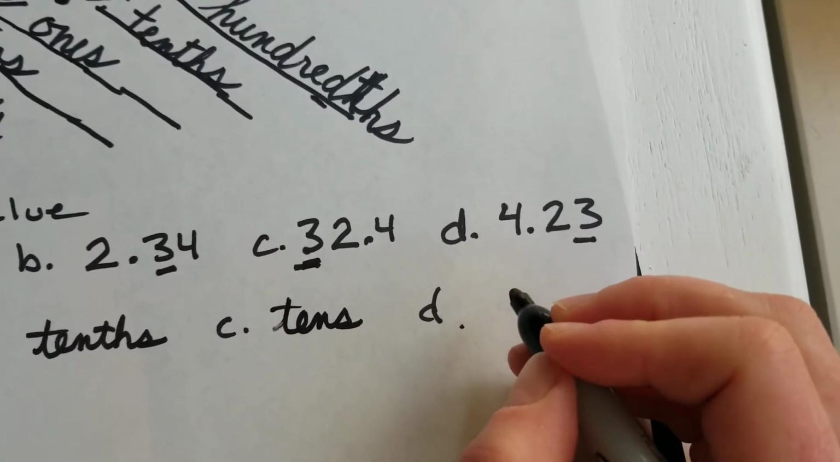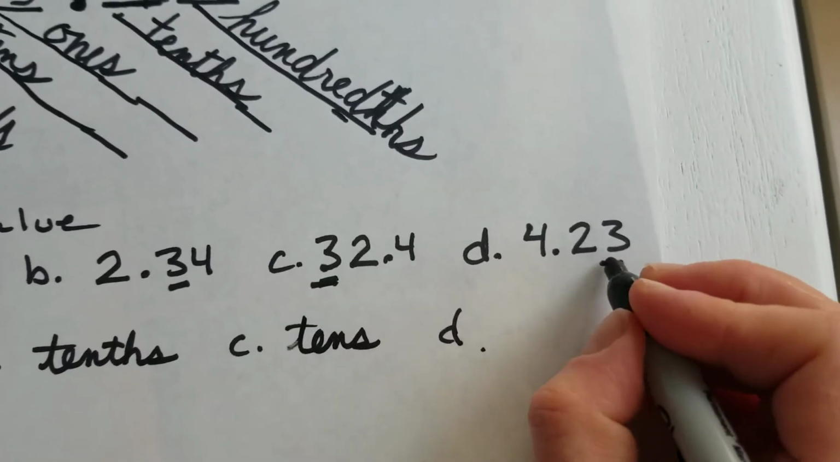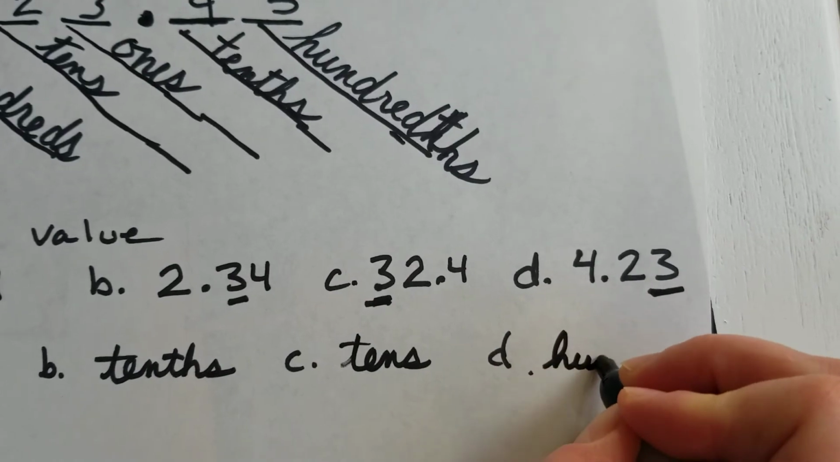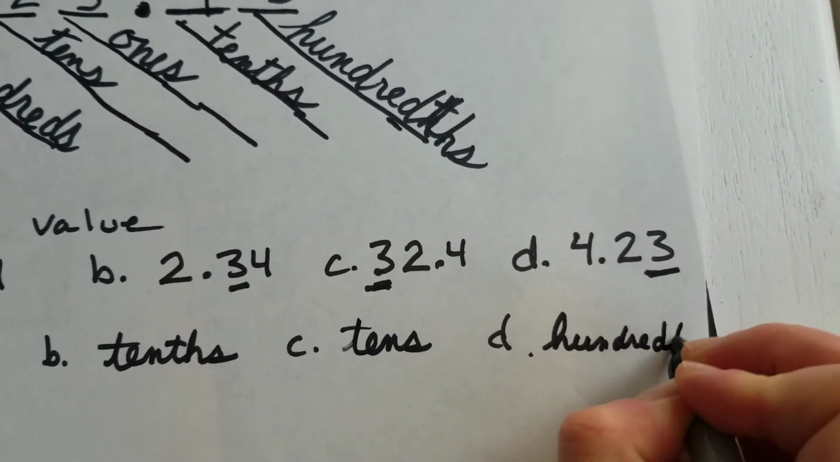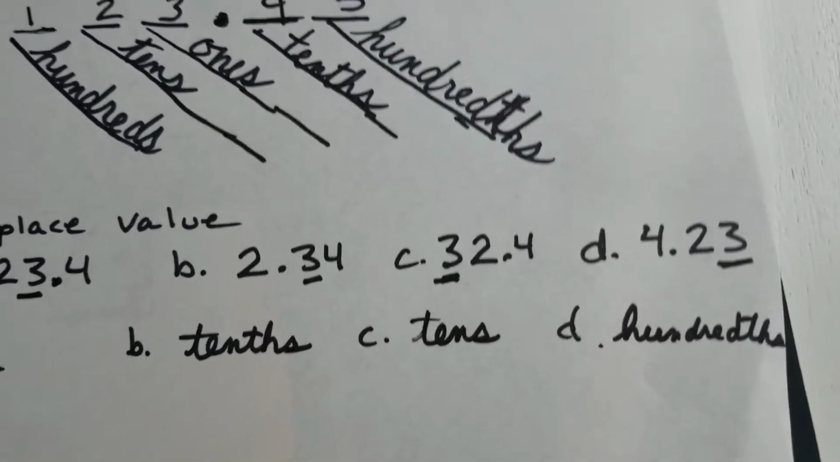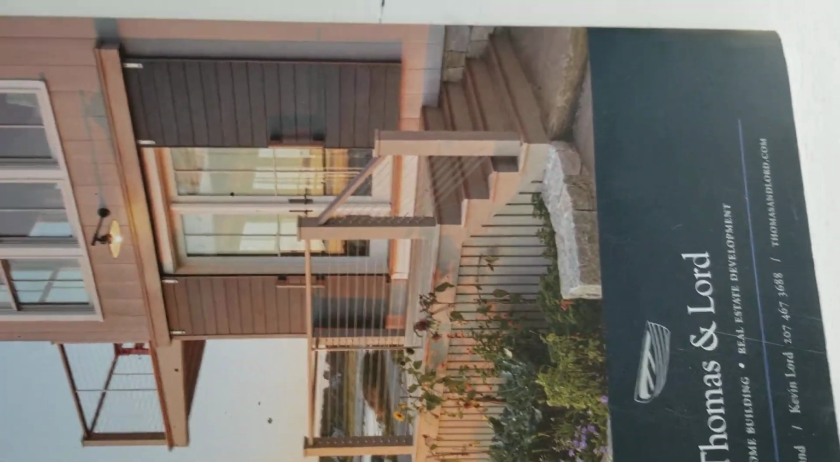And finally, letter D, we have 4 and 23 hundredths. The 3 is two to the right of the decimal, which is the hundredths. Squeeze that in there. Hundred with a THS at the end. All right, so for the next one,